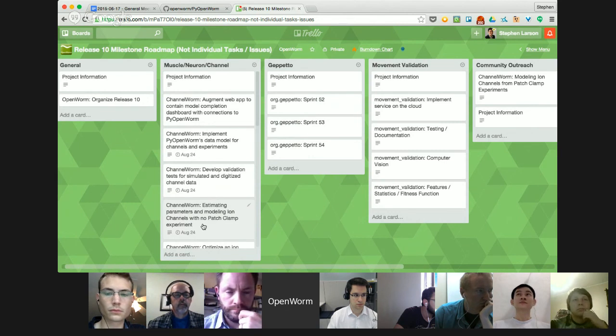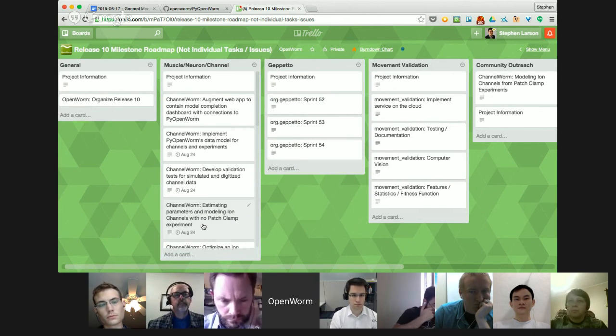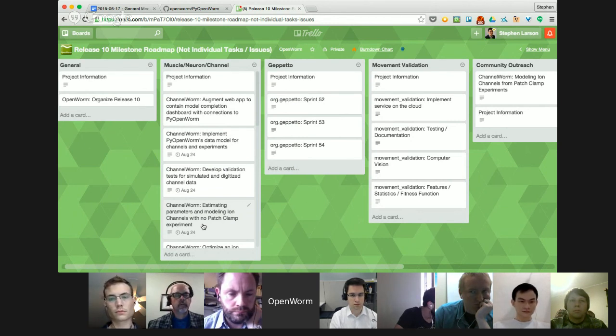So the important thing about this is what it is not. This was not in any way intended to represent individual tasks. Rather, it was intended to represent an at-a-glance view of the projects, which have to consist of more than a single task by definition, that are going on across the project. The idea is, would it be possible for us to build an at-a-glance view, in one picture, of everything at a high level that's going on across OpenWorm, so that we wouldn't have to throw people to the wolves of looking at issues.